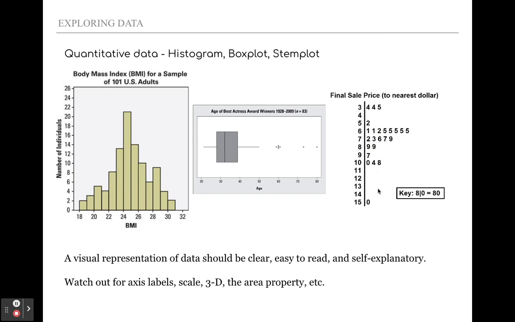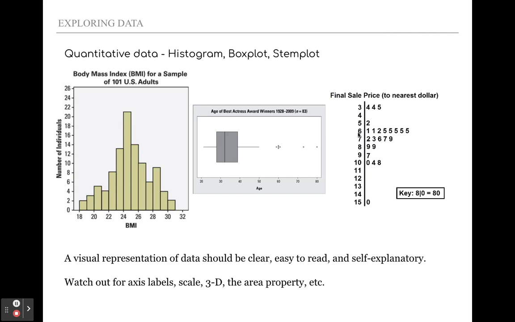This is called a stem plot or a stem and leaf plot. This is final sale price to the nearest dollar of some item. Here's the key, 8 bar 0 means 80. So the way this works is if you see this 8 and then this 9, that means 89. So there were two final sale prices of $89. You can also see a shape here. You see the mode. Most final sale prices were $65 because there are so many 5s next to this